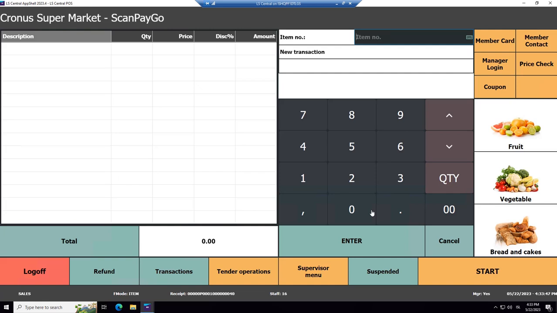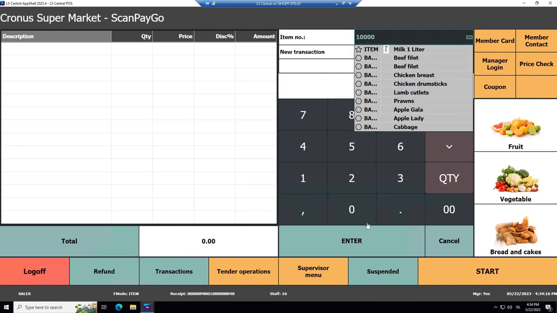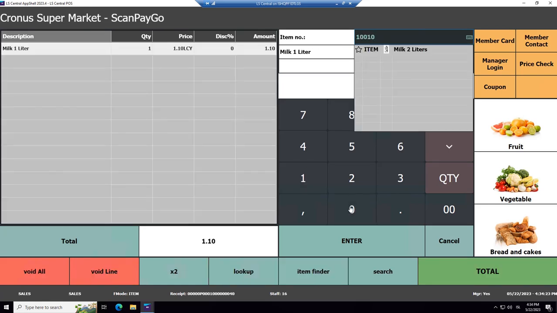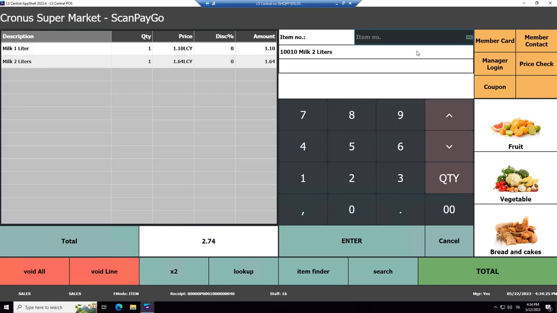The standard one may be to read the barcode, but it is as well possible to enter the item number or the barcode number. And in the demo database, we have the item milk that we can use by selling this number here, or milk 1 liter, and we select it. And another item number to sell the milk in 2 liters, or this number here, and we can sell it. As I was putting in the item number, you could of course put in the barcode as well.